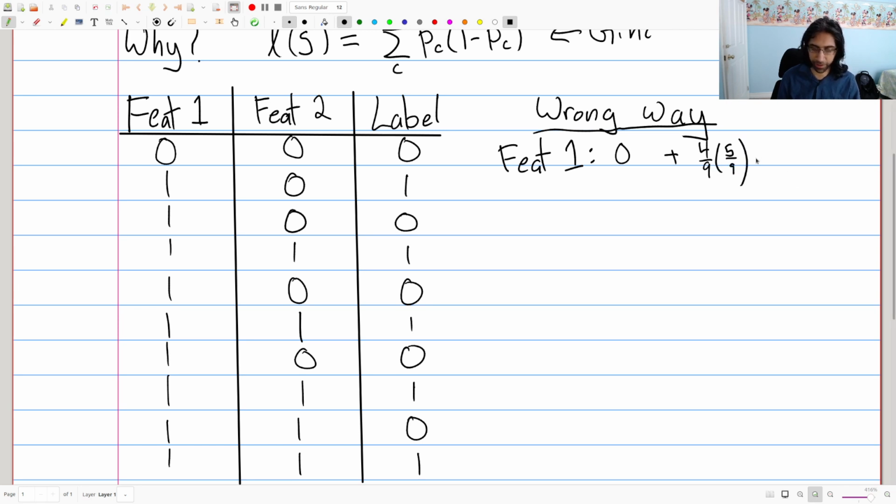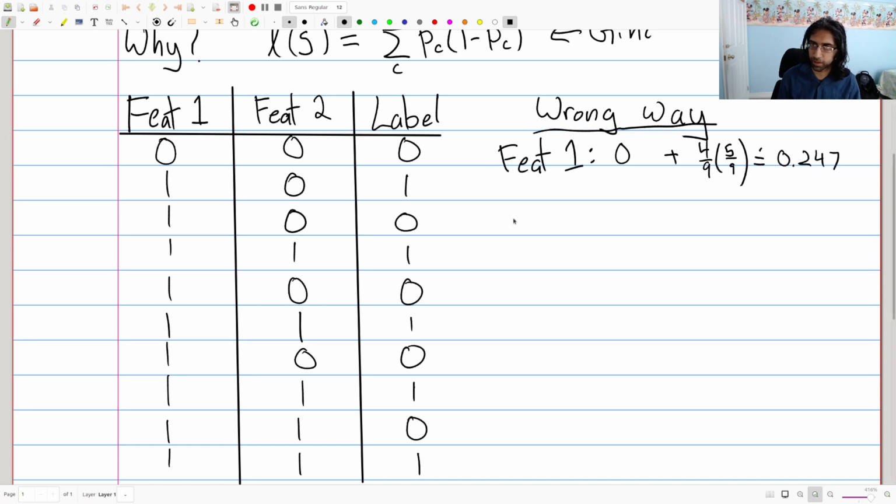If you want, you can put a times 2 in here because you're summing over the 2 different classes, but it doesn't really matter. I'm going to leave out this factor of 2 just for simplicity. When you're doing binary classification, there's just going to be an unnecessary factor of 2, which doesn't really change anything, so we're just going to ignore it. If you do this, then you have a value which is like 20 over 81, which is approximately